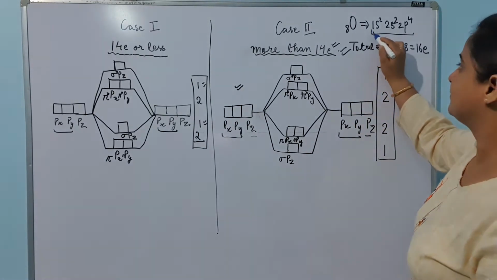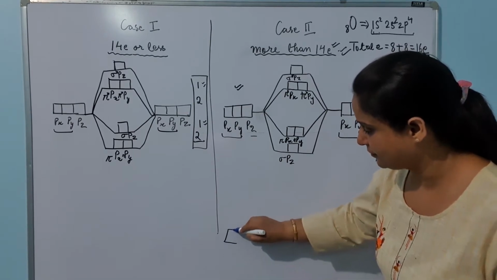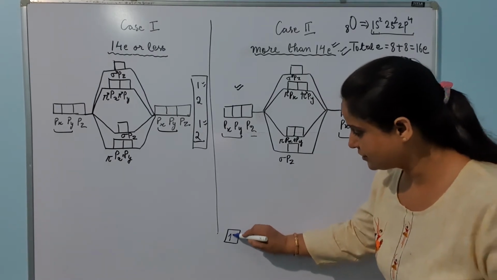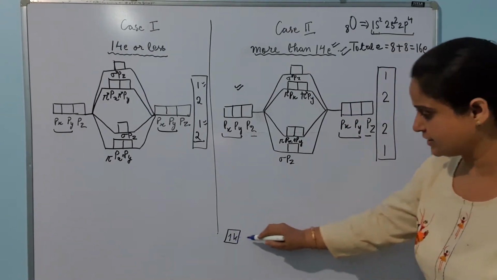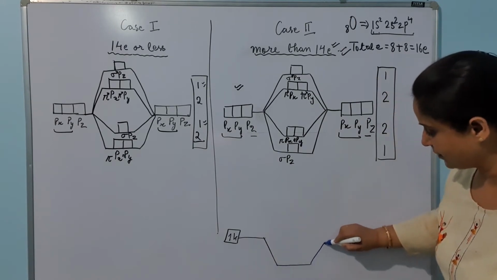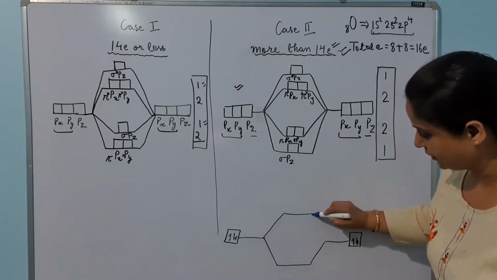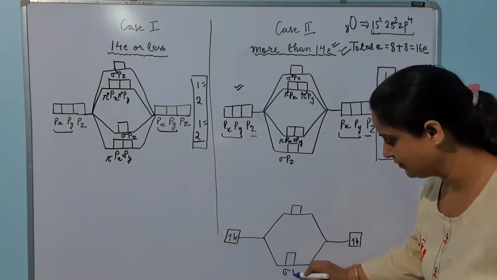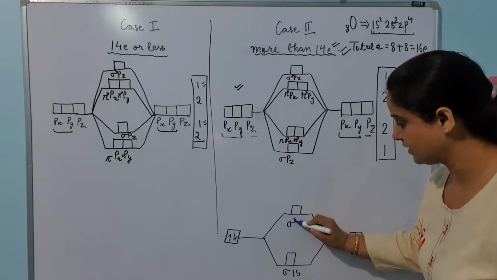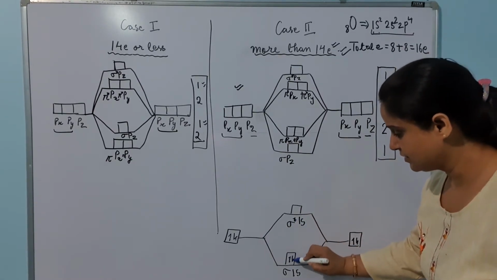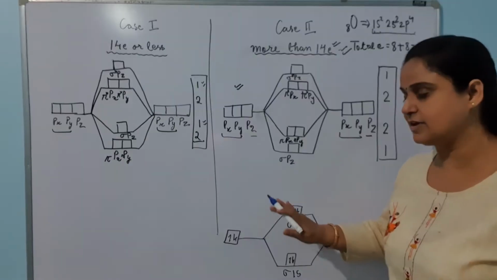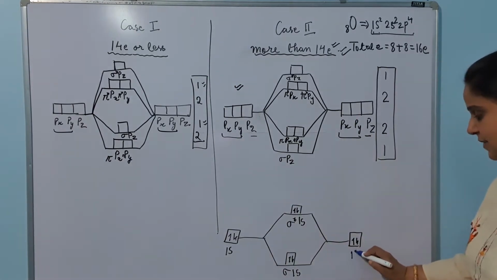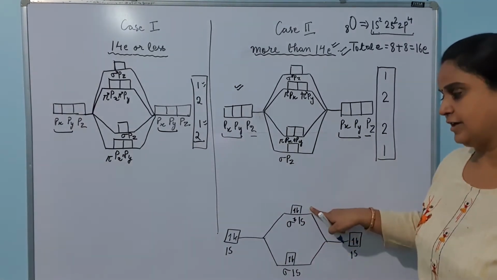So here we have 1s, so I am starting from 1s and 1s of the second atom. So 2 electrons are there in 1s, 2 electrons are there in 1s. So we will be filling the bonding molecular orbital and anti-bonding molecular orbital. So this is sigma 1s, this is sigma star 1s. 2 electrons downside, 2 electrons upside. I don't think I need to explain it because we have already done it in the last class, that is 1s combining with 1s, bonding orbital, anti-bonding orbital.